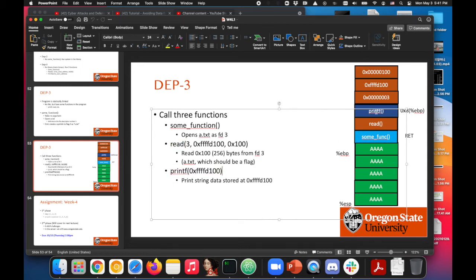To do that, we need to chain these three functions by putting the function address right next to the other function address, in place of the previous return address. This will consecutively run the sum function first, then read next, and then printf at the last. And then we will construct our stack like this. Then it will run